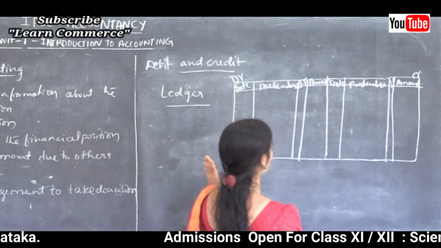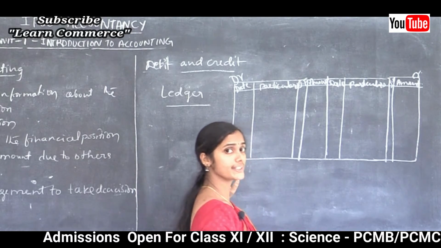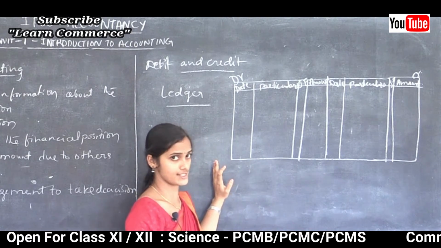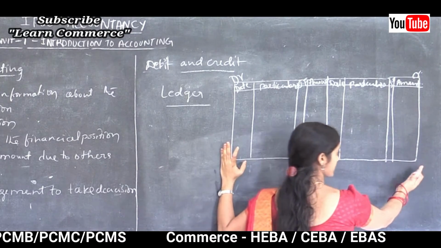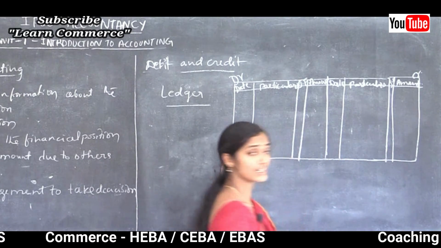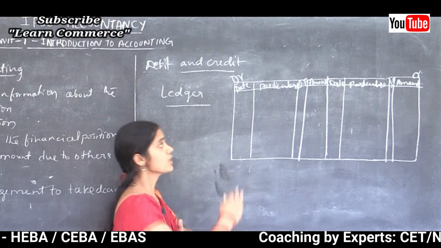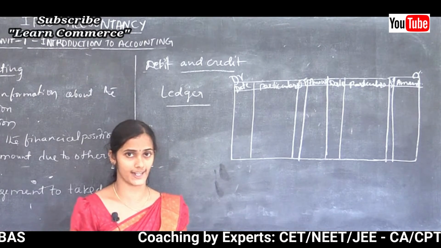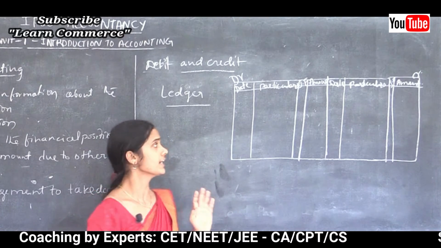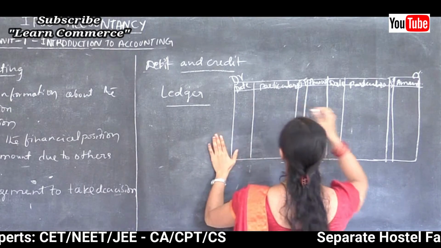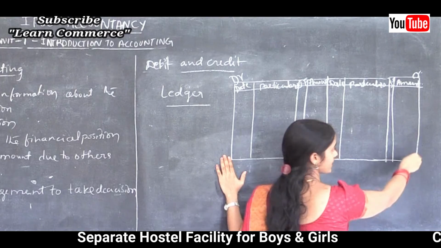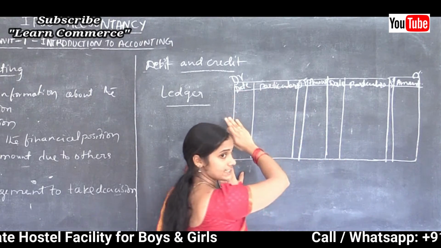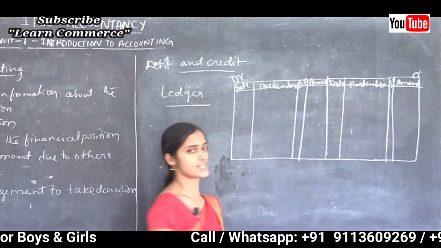Here left hand side we should record the debit aspect of a transaction, and another side we should record credit aspect of a transaction. So our right hand side is credit aspect, our left hand side is debit aspect, like this. Right hand side we should record the credit aspect, left hand side we should record the debit aspect of a